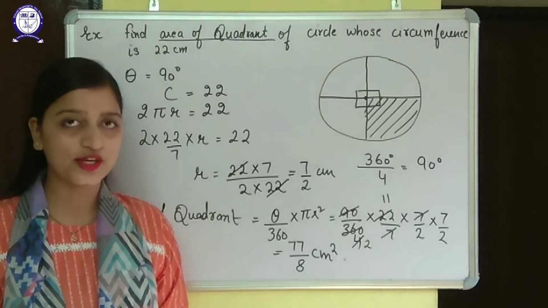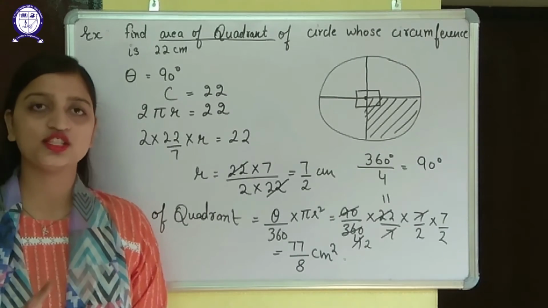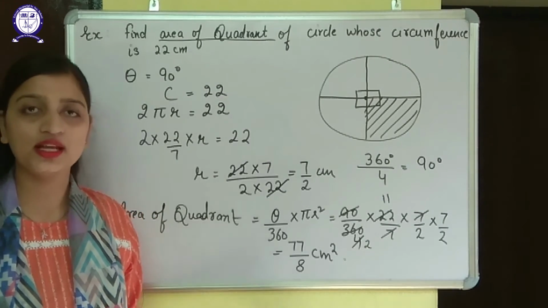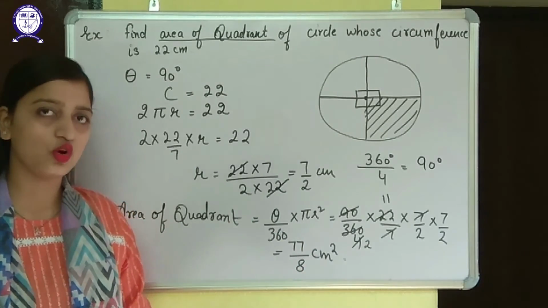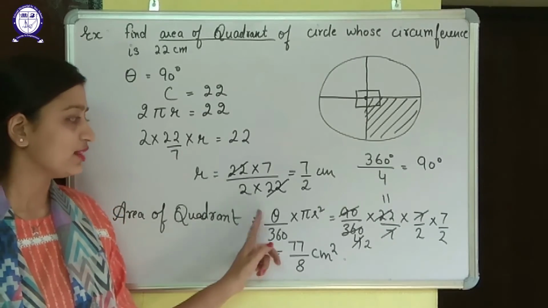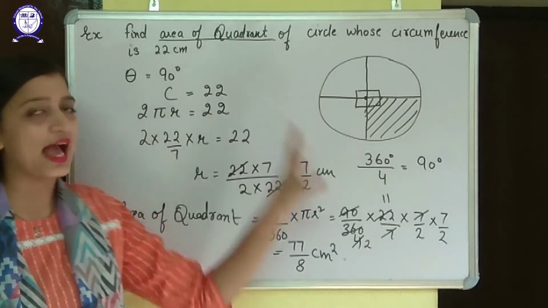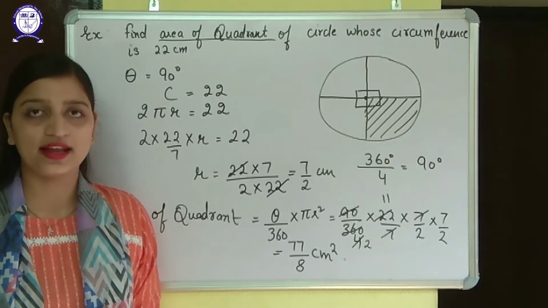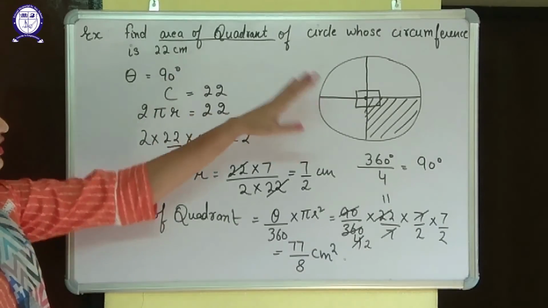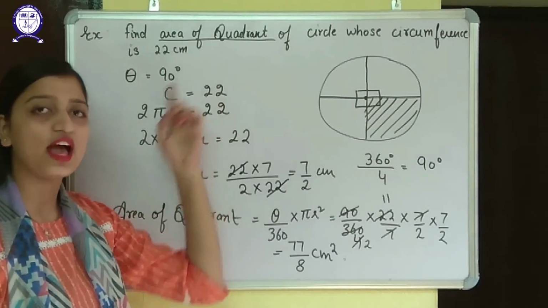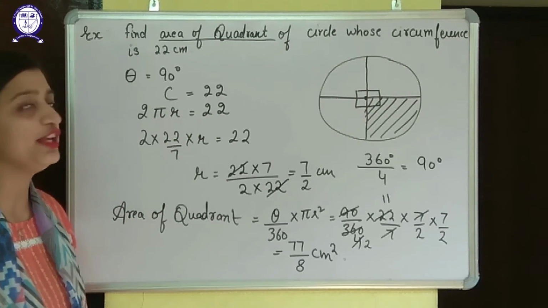Okay, so always look at the question properly. Try to find two values, that is r and theta. These two things should be given to you to solve the question easily. Because in the formula you only need two things, theta and r. Pi is always known to us, 360 is also known to us. Theta and r are the two values you need to do any question. So always try to find that in the question. And if it is not given directly, you have to make some variations in the question. Like this, it was given that circumference is this, so with the help of that formula we find r. Okay, so this was the example of area of the quadrant.